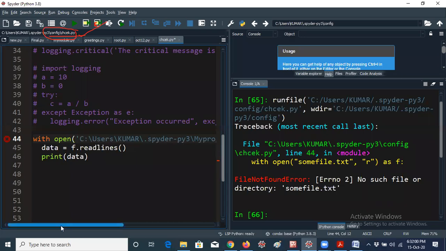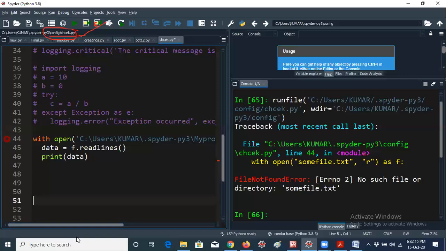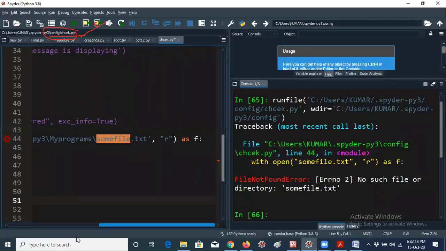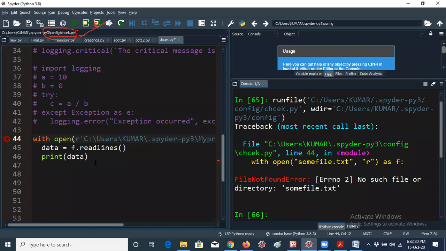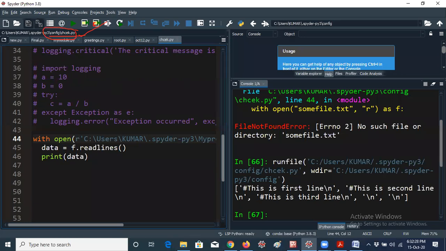Let me check. Yeah, I'm getting the answer. But you have to add r here. R is nothing but root. Without giving r, it gives an error. You already saw the error just now.